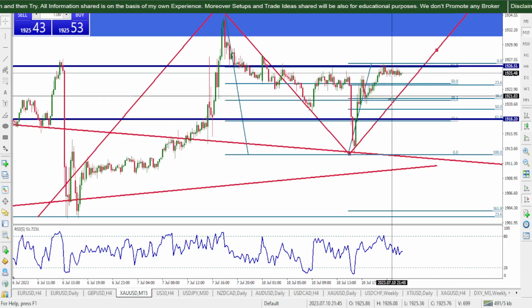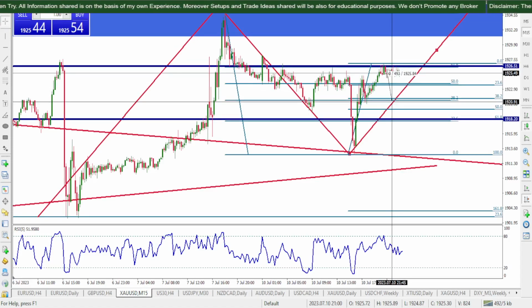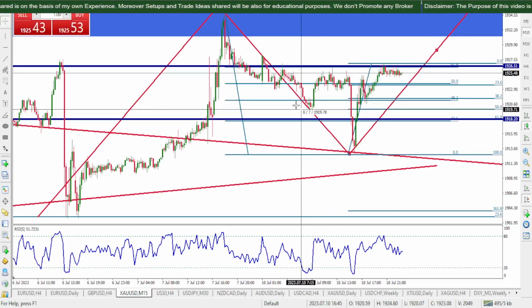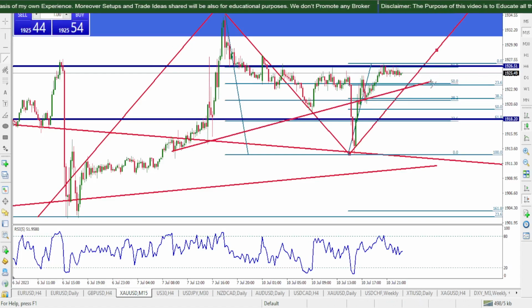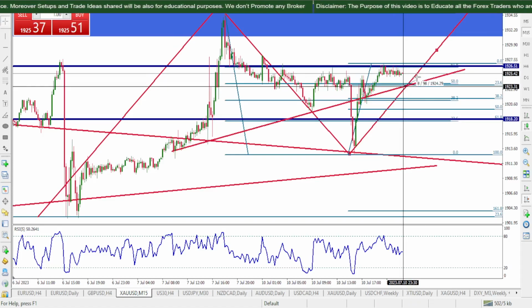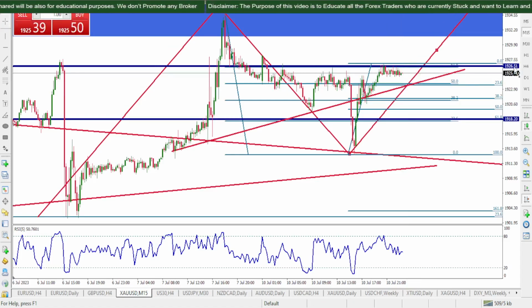If I specifically talk about this little price action right here, a higher high it represents, and a very weird type of structure it is. But if I connect these lines, and the very first strategy on my channel, that was obviously the trend line, maybe I see 1923 somewhere, it can range right here. Tomorrow in the London session, if I'm available, I can make the image further clear for all of you. But at the moment, this is what it is.